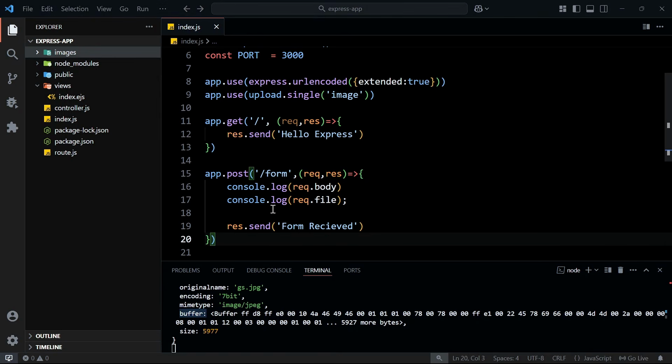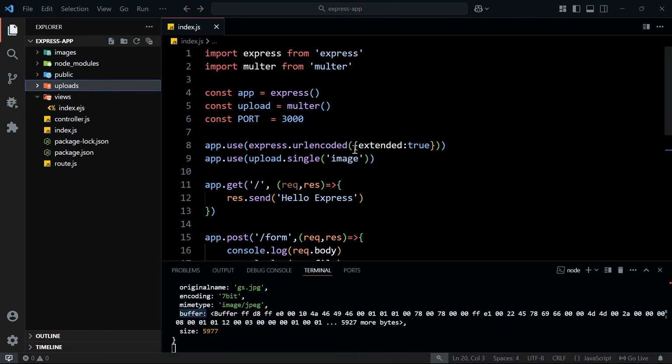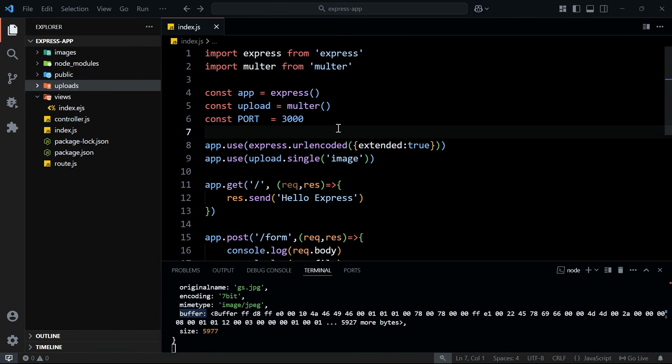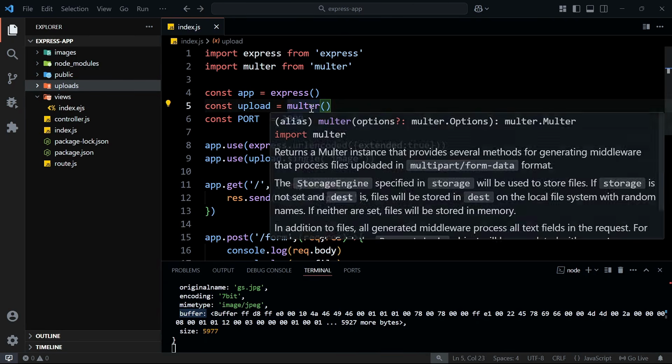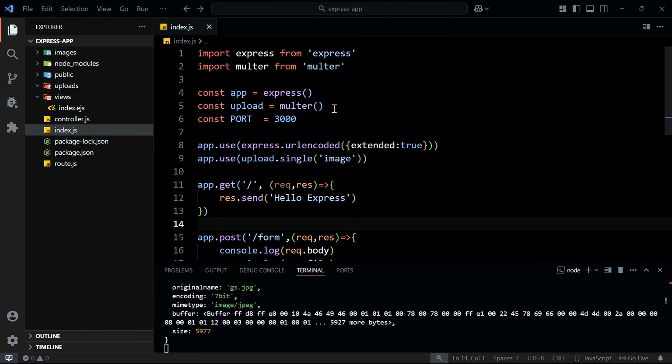Now we will see how we can save any file that we are receiving from the form data in the folder. For that, we will create a folder here with the name uploads, and in this folder we will store the files that we are receiving from the form data. For that, we have to create a disk storage configuration that we will add in this multer method that will return an upload middleware. To create this configuration, here we will create a variable with the name